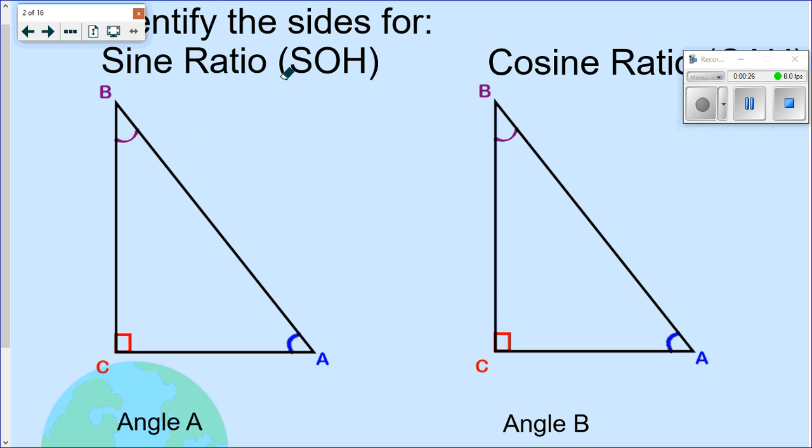First off, the sine ratio, SOH, which is,